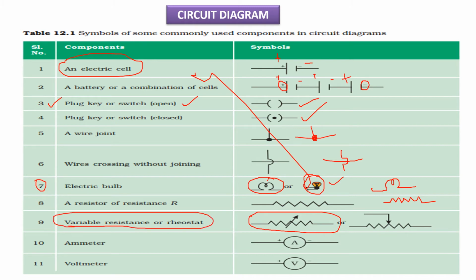Remember, they will ask in 1 mark answers. Or you can also write like this, the resistor, and here you can give the arrow where it can be varied. And this is the ammeter. Ammeter: positive, negative. It will have a sign. The voltmeter is also the same. It is represented by capital V and positive, negative. So you need to practice it very well to use in circuits.